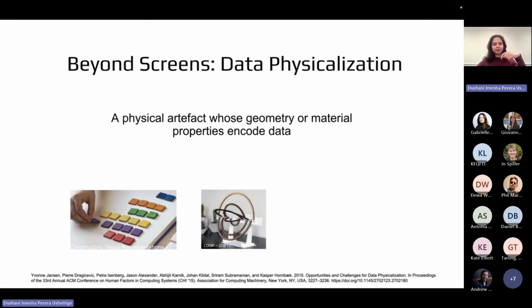This particular example I chose was from a conference in 2017, where they are physicalizing physical activity data. Each of the loops, each of the rings in this object shows how many steps you have walked on a given day. And the top loop over here is showing your goal.